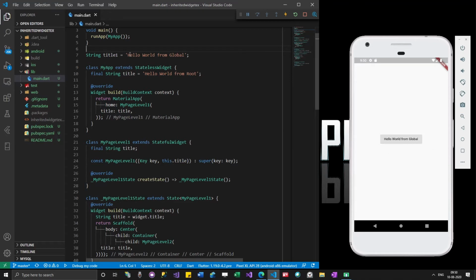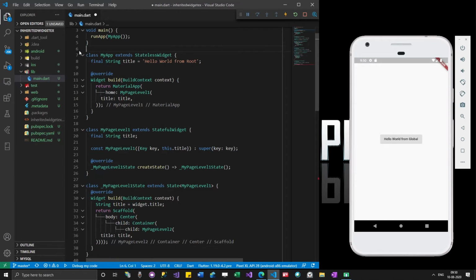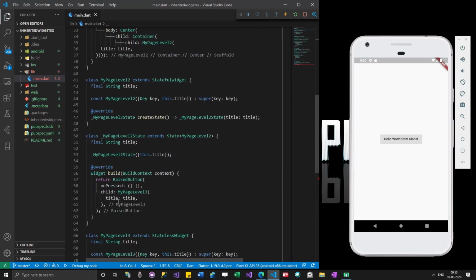Okay, so you can see this approach is also working, but usually in programming, we avoid global variables as much as possible. Just like our intention to avoid stateful widgets, we avoid these global variables also. Okay, so we don't need this. That's okay.